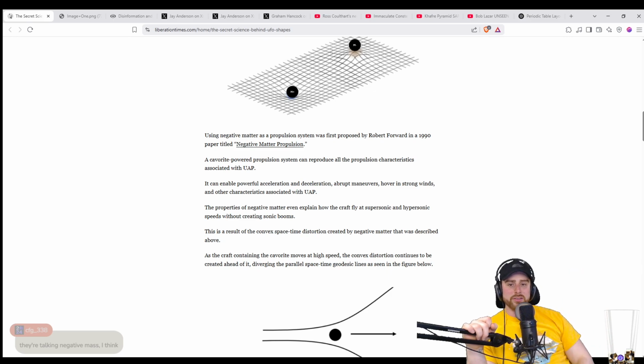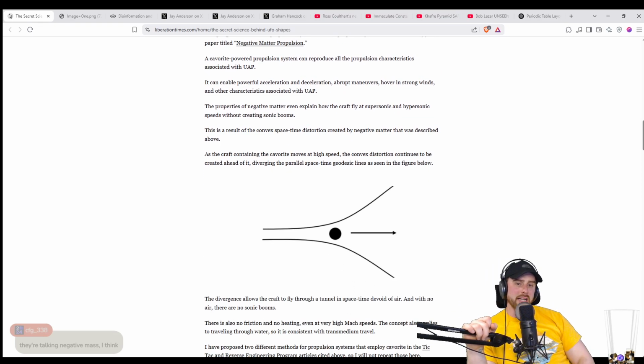It can enable powerful acceleration and deceleration, abrupt maneuvers, hover in strong winds, and other characteristics associated with UAP. The properties of negative matter even explain how the craft fly at supersonic and hypersonic speeds without creating sonic booms. This is a result of the convex space-time distortion created by negative matter that was described above. As the craft containing the Cavorite moves in high speed, the convex distortion continues to be created above it,